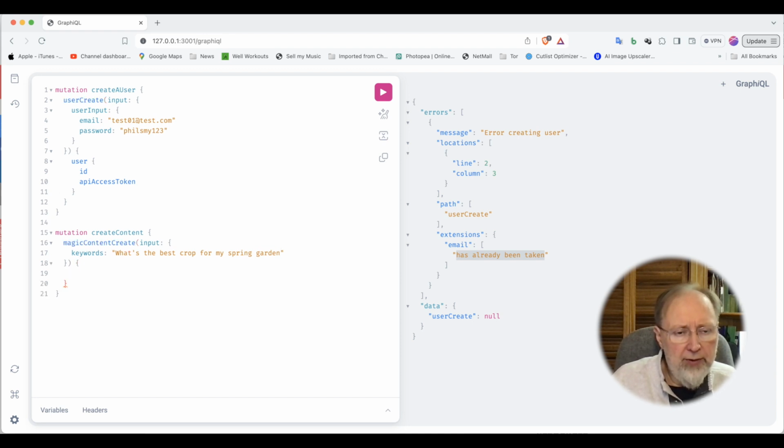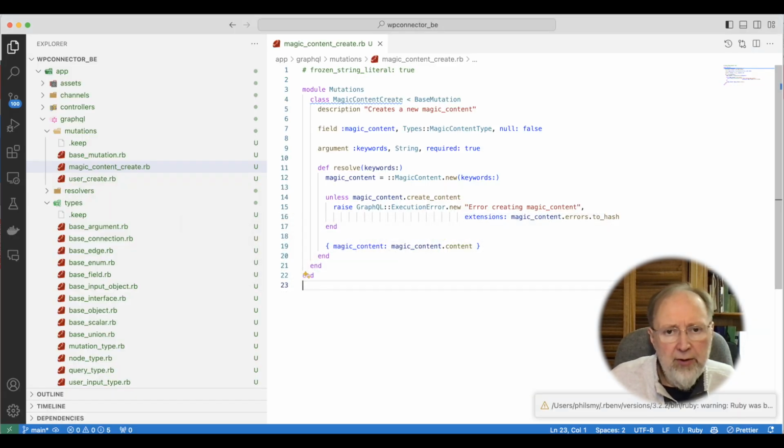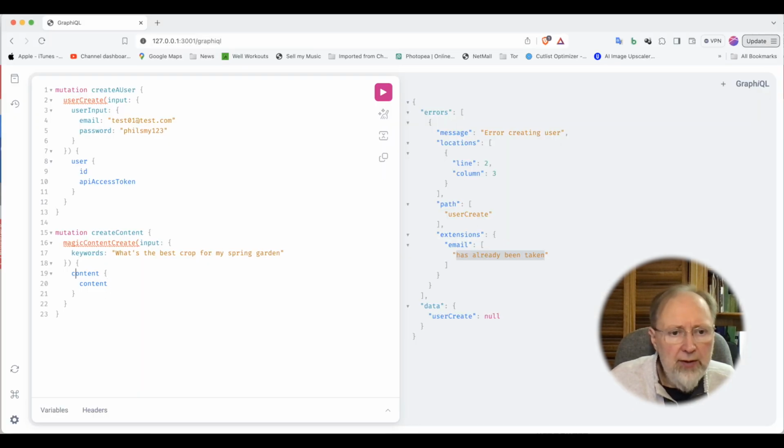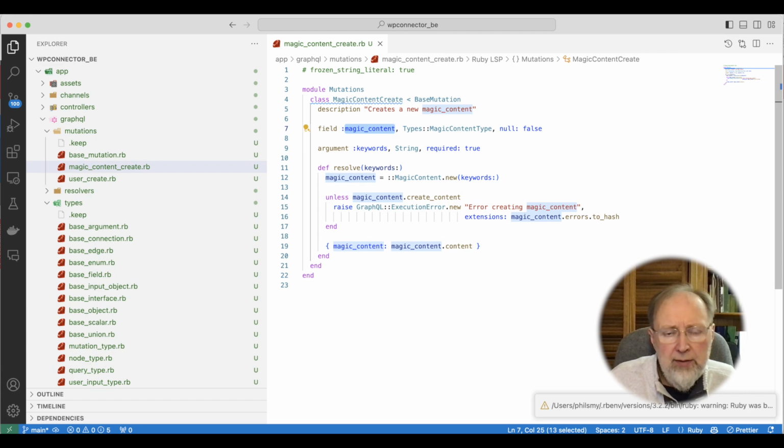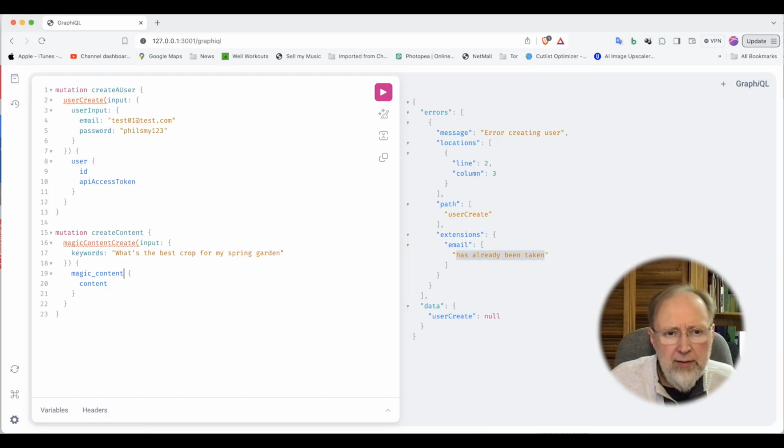And it will return content. It doesn't return content, it returns magic content. I feel like I'm not doing that quite right. But I think I might be. Well, we should be doing that, that's for sure. It looks kind of right. So now we can say create content,